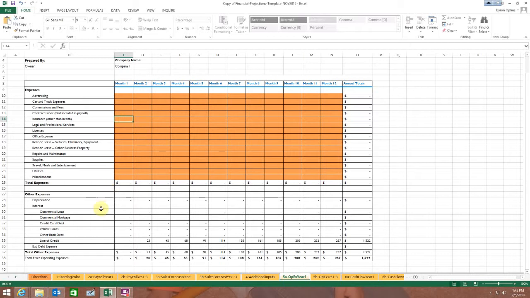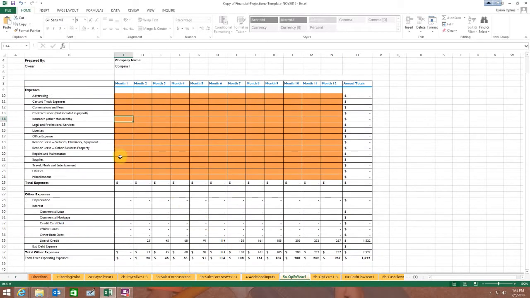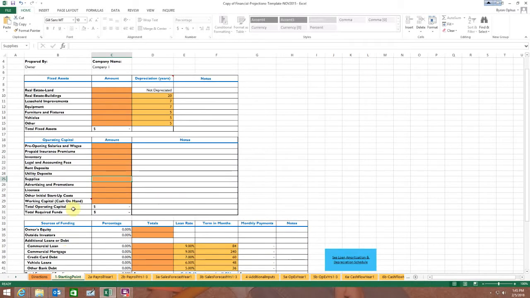On the other hand, let's take one like supplies. You may have some pre-opening supplies. Maybe you're laying in $100 worth of supplies, but you think you're going to use $100 of supplies every month. Well then you'd buy another $100 worth in month 1, and you'd buy $100 worth for the rest of the year. So that's fine. Some of those are going to recur in that first month. But if it's not an expense that would recur because you've paid a full year ahead, then don't put it in the first month.